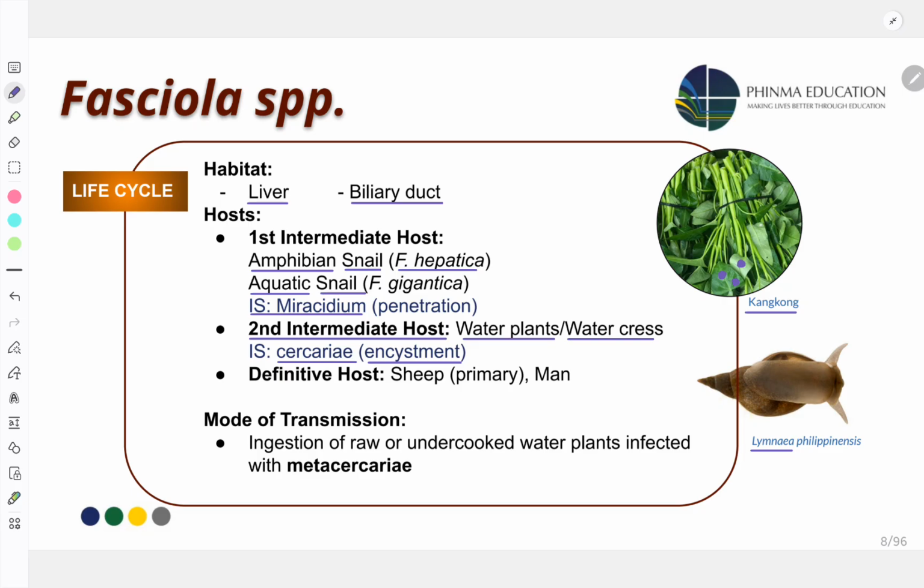water plants. So how does it infect your primary host or your definitive host? So the definitive host would be infected if you eat this water plant. So pagkaon nimo, that is how you become infected. So the definitive host for your Fasciola species is your sheep and your man. So mode of transmission is this: eating raw or undercooked water plants infected with Metacercariae. So the infective stage for the definitive host is your